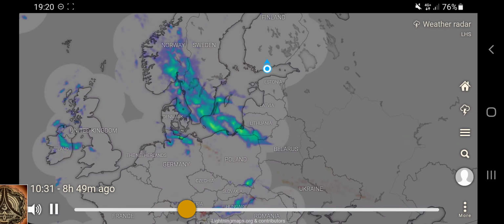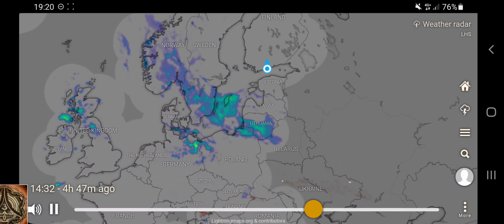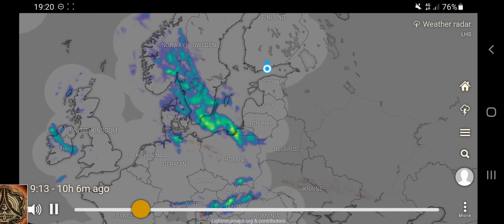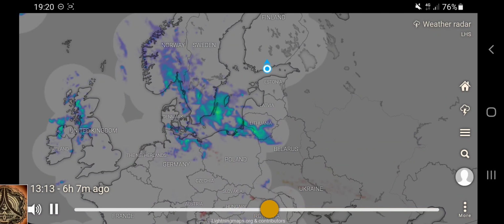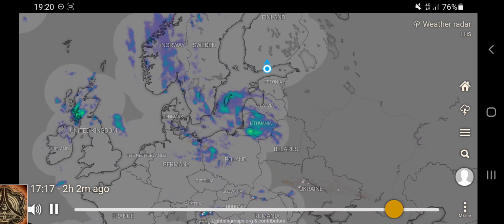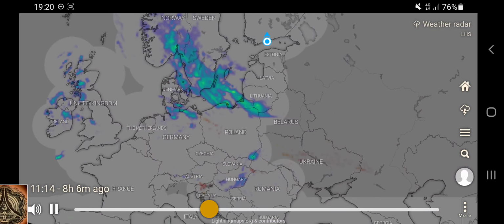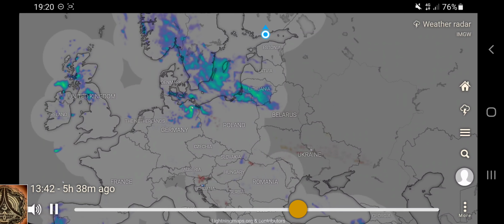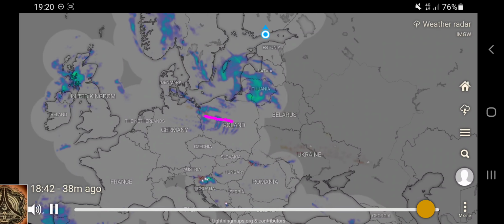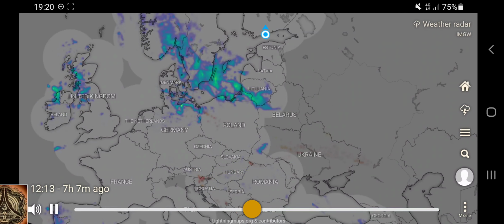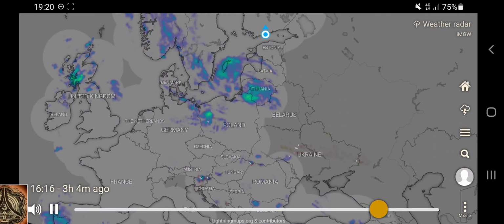Yeah, this seems to start to spin. And I think it's really fascinating to watch how fast they are moving. Approximately that speed, 2, 3, 400 kilometers per hour.